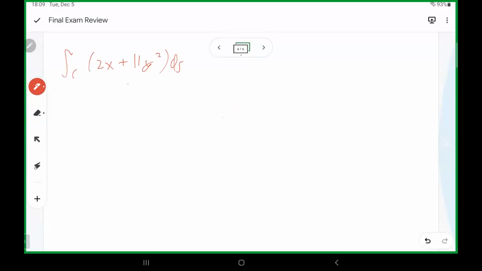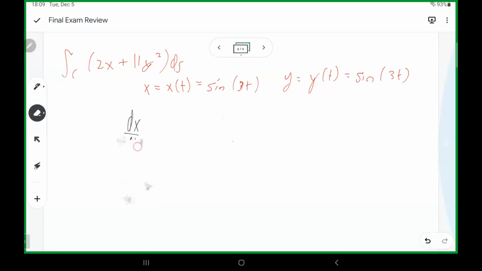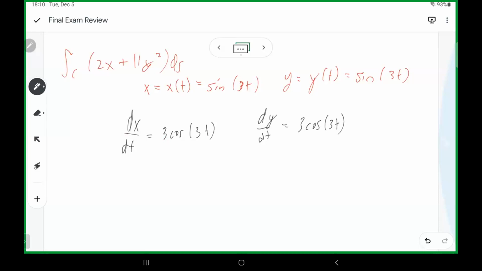So what we know is that if x equals x of t equal to sine 3t and y equals y of t, sine 3t, those are the same, just making sure. So what we get from that would be